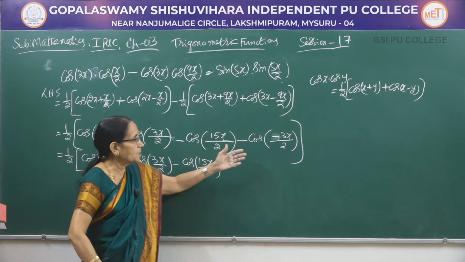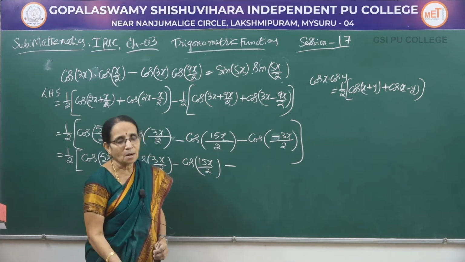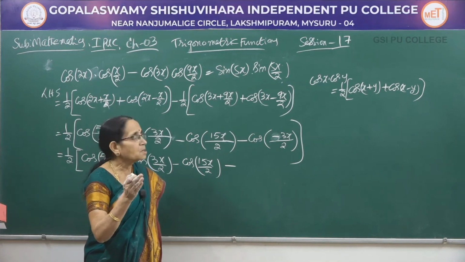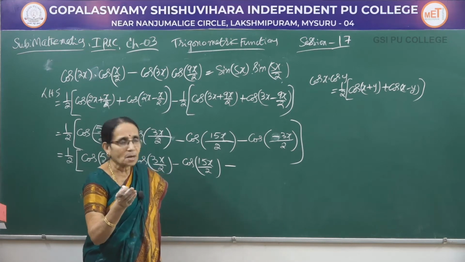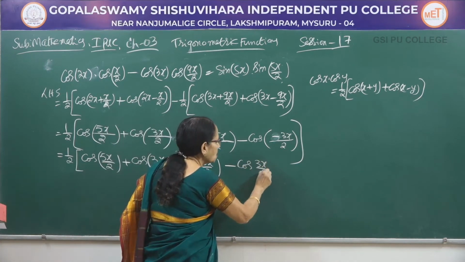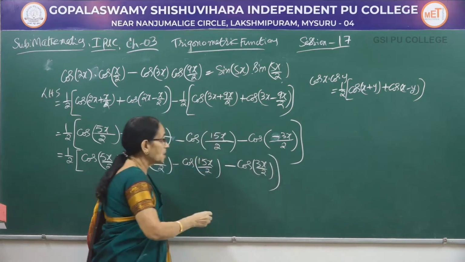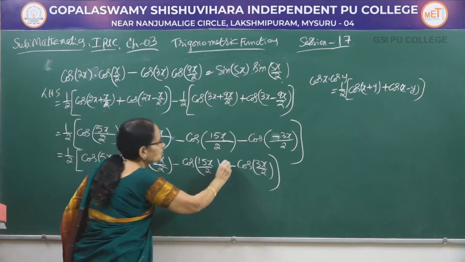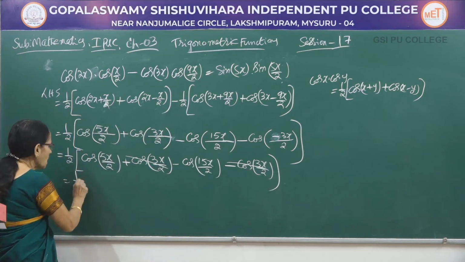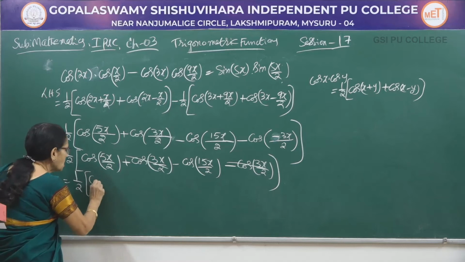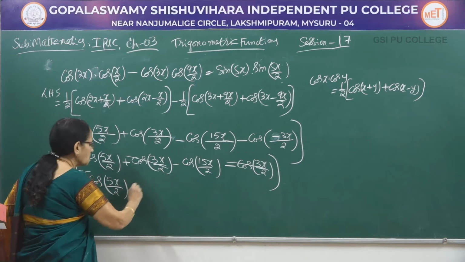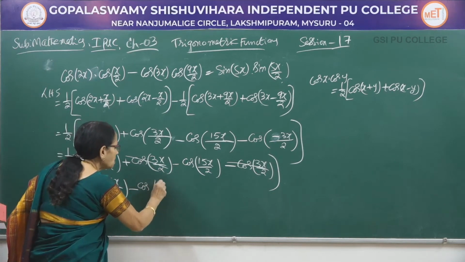We are using the formula cos of minus theta. What is cos of minus theta? It is cos theta. That is about the trigonometric ratios of minus theta I had given you. So cos of minus theta, you can write cos of theta only. Now, why am I using that one? So that these two terms now get cancelled. Now what is remaining now? Half of, write the remaining terms. It is cos of 5x by 2 minus cos of 15x by 2.